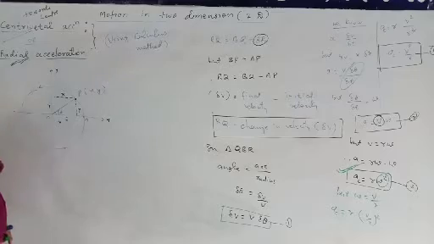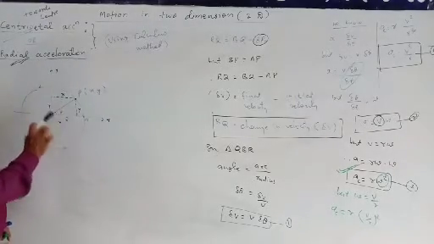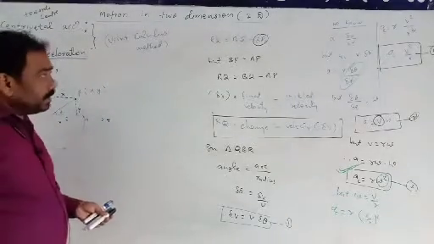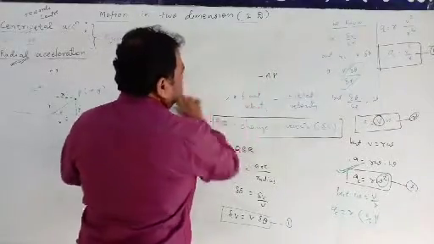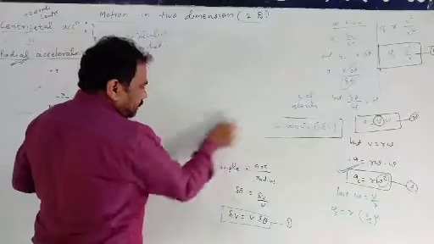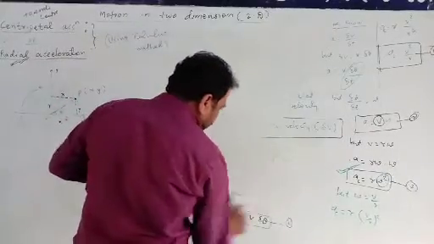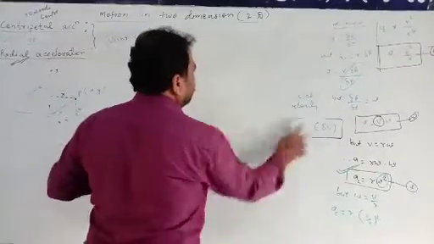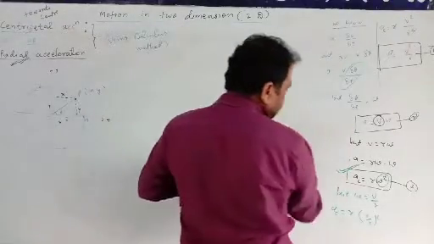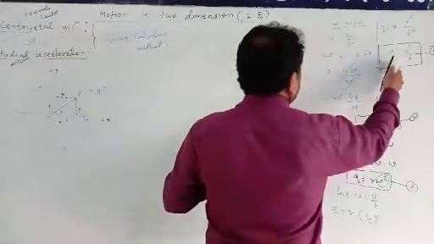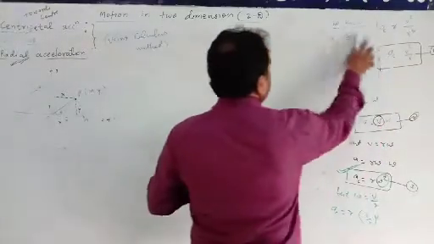Now using the calculus method, we have to prove the magnitude of this centripetal acceleration, because we have already calculated the magnitude of centripetal acceleration using the geometrical method. So this one is the magnitude of centripetal acceleration.